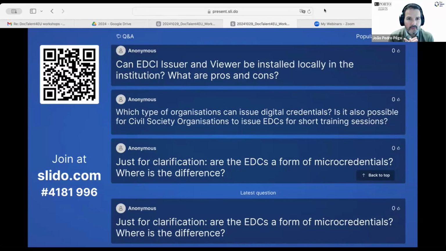So I think micro-credentials have three main components. The first one is a small volume of learning. So it's a short course or a small training. Anything that would be semester-wise, I would say, is not small. So a semester of training, I would